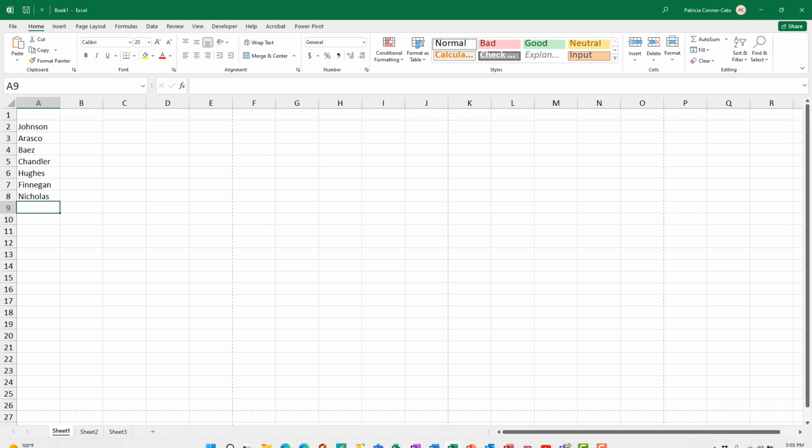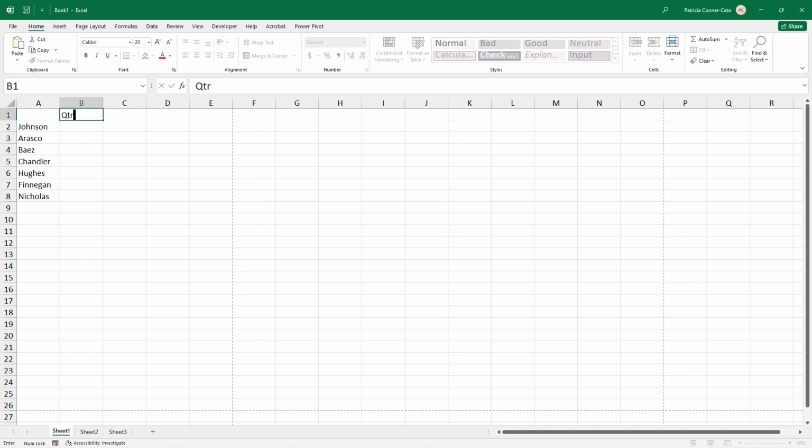Now we're going to put in our quarter headings. So we're going to go to cell B1 and we're going to abbreviate the word quarter. So just QTR, no period, space 1, and then press enter. Now, we don't have to type quarters 2 through 4 because of this efficiency feature that's built into Excel called